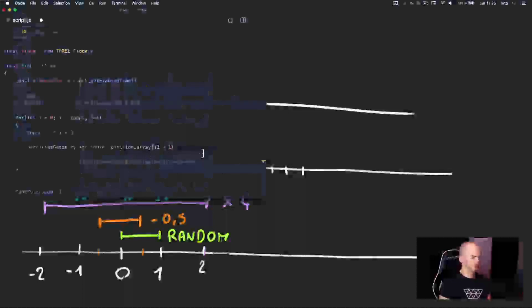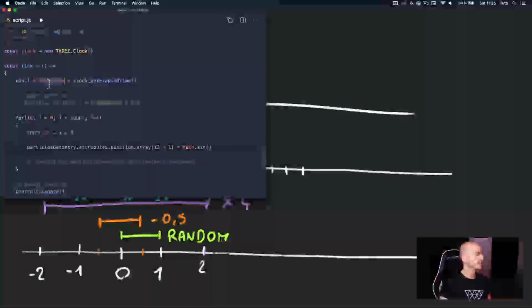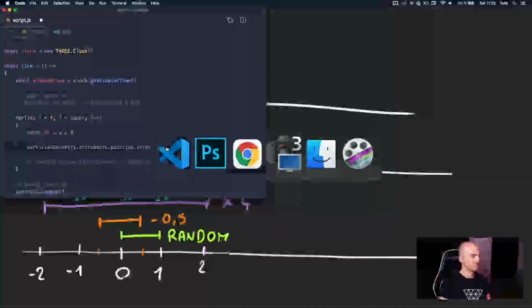This is the y value, and what I can do is just Math.sin and use the elapsed time. All right, I just want to see a result. It's a lot in a row, it's a lot at once. I just want to see the particles moving, okay? So I think it's fine like this. We save, and unfortunately,